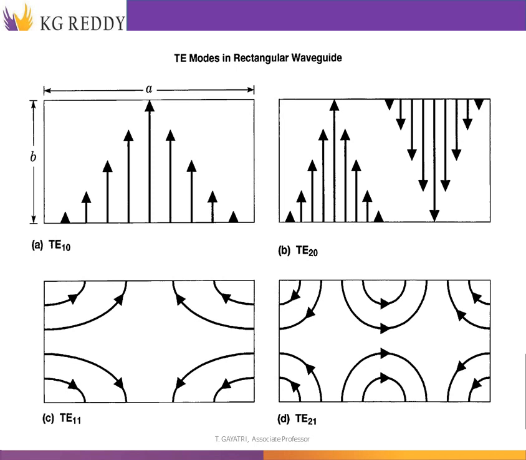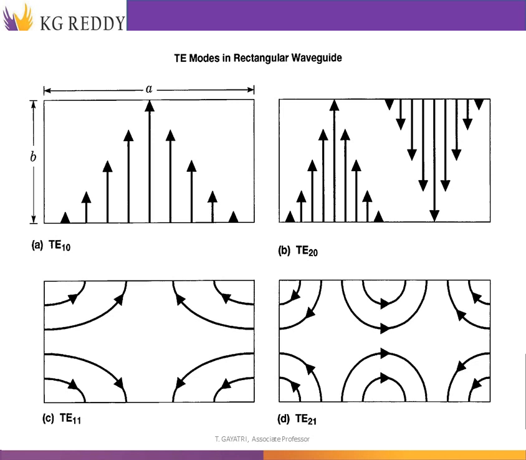Now we can see that these waves are quarter waves. Along a we can find 2 parts in figure C. So the 2 parts together become 1 half wave, and along the narrow dimension b we can see another 2 parts. Those 2 parts become 1 half wave. Hence TE11 mode will have 1 half cycle propagation towards a and 1 half cycle propagation towards b.